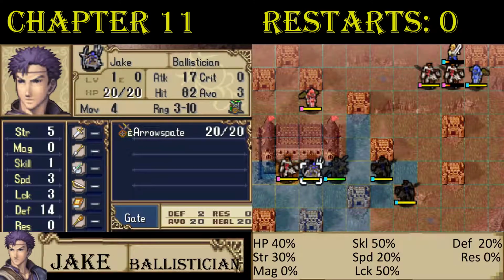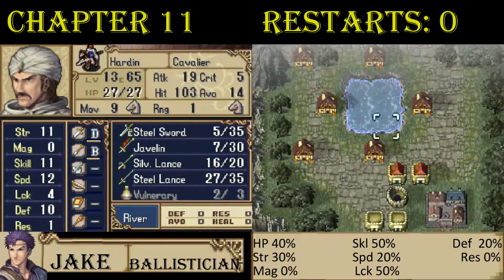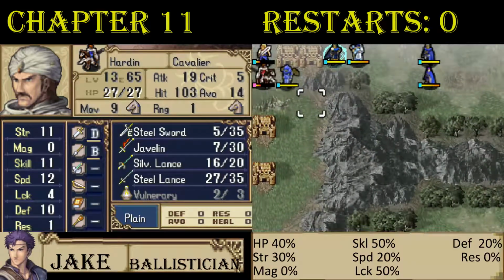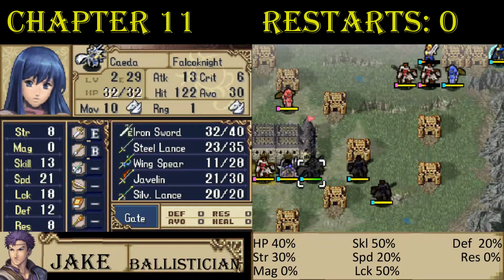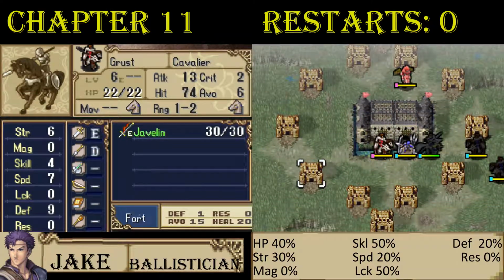Oh yeah, and if Jake somehow gets a lot of speed, keep in mind that ballisticians cannot double in this game under any circumstances. If you drag Jake all the way back across the map to this village and go to Anna's house, she actually has unique dialogue with him, but I'm not going to do that because that would take way, way too long. Anyway,